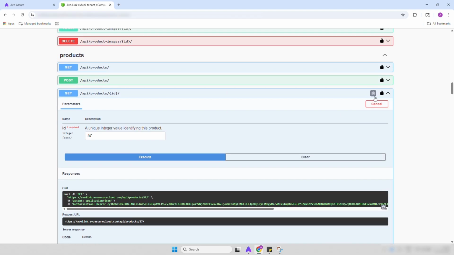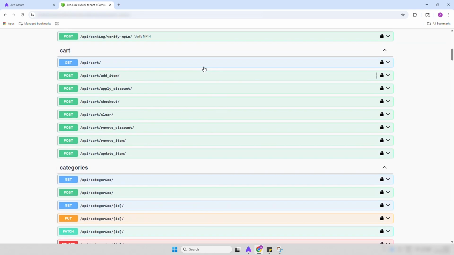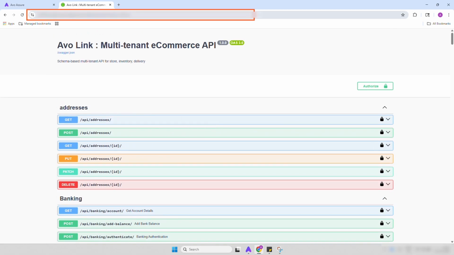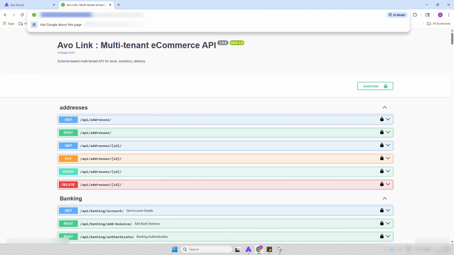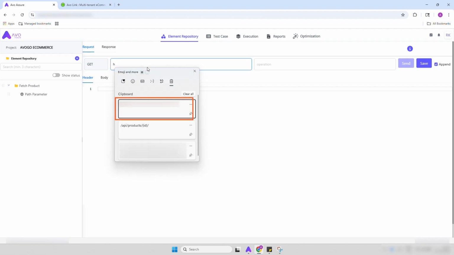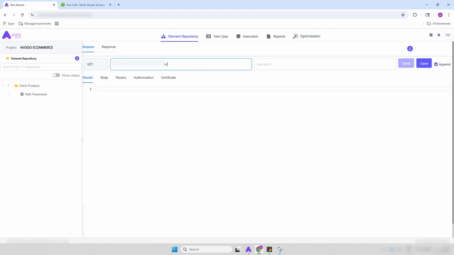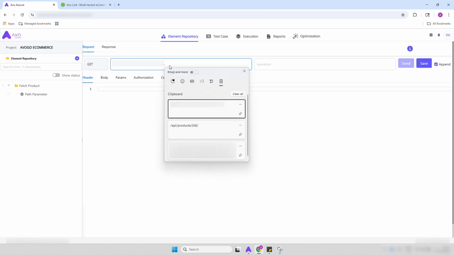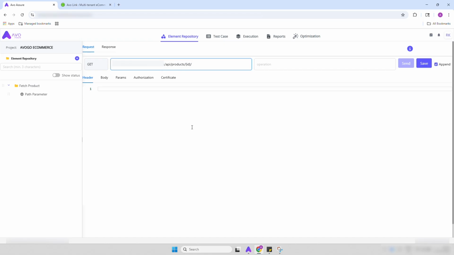Now I'll quickly copy the endpoint. Along with the endpoint, make sure to copy the URL of the API. Let's navigate back to Avo Assure. Here select the method as get and provide the URL. Once after providing the URL, make sure to provide the endpoint. Here we are using path parameter where we will provide the ID